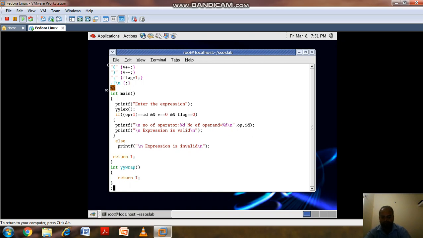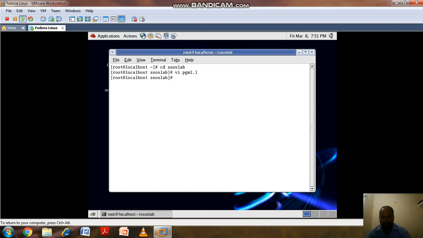Now let us go to the output section. We can compile using the command lex pgm1.l.